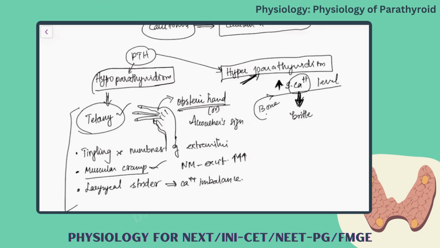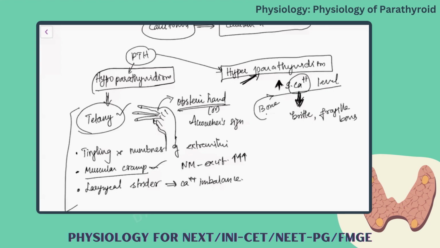Okay, so the parathyroid hormone normally gets the calcium from its store and puts it in the blood to maintain the serum calcium level. This is the normal function of parathyroid hormone. If the parathyroid hormone is in excess, then what happens? It will do the osteoclastic activity. Clastic activity, it finishes the function of the bones. So no bone formation, resorption of calcium from the bones will take place. So finally resulting in brittle and